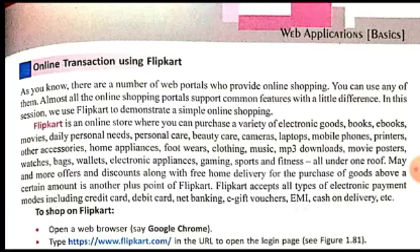So you can say that almost all the commonly used items in our life, we can easily find on Flipkart. Flipkart has a very wide variety and range of products. The types of products are given here. Even movie posters, watches, bags, wallets, electronic appliances, gaming, sports and fitness, all types of equipment and items you can buy on Flipkart. All under one roof, which means we can get all these products on one single website.